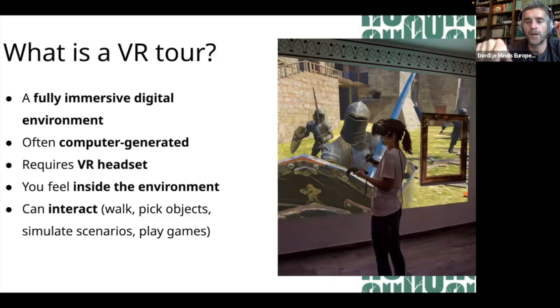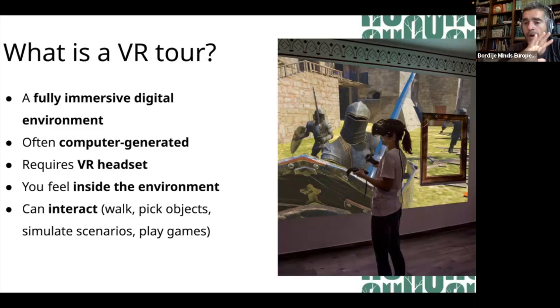For instance, if this girl was visiting some fortress or some medieval city, she would look at the surroundings of these buildings and the city and all other things, and in one moment something is augmented, so it's added to reality. So augmented means something is added to reality. One knight stands up and says something, tells a story or tries to fight you or shows you the way or interprets some heritage.